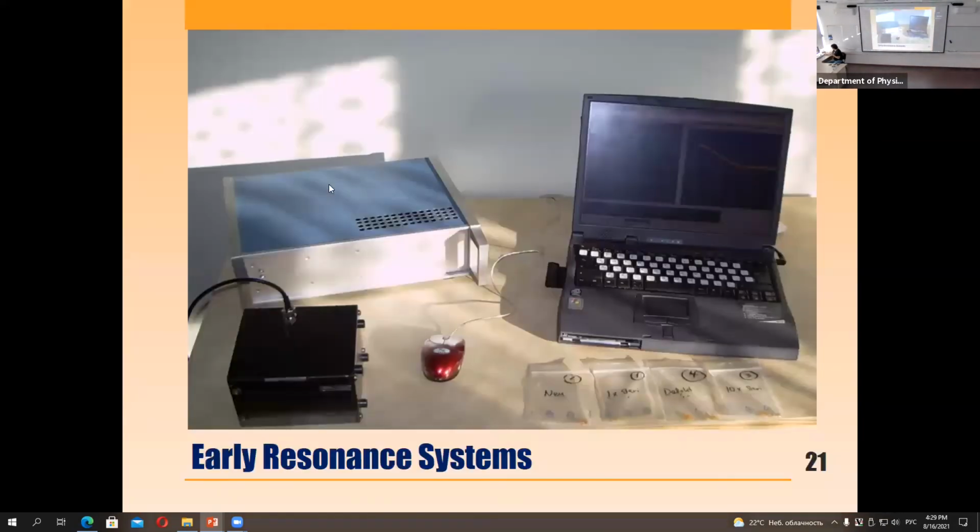So let me now switch to what we have done. I built my first NMR in 1995. It was built on absolutely Soviet transistors, chips. That was really funny, but that was working. In 2000, I managed to somehow enter the Blümich group in Germany, and we started to work more effectively. So this is something like our instrument looked 20 years ago.